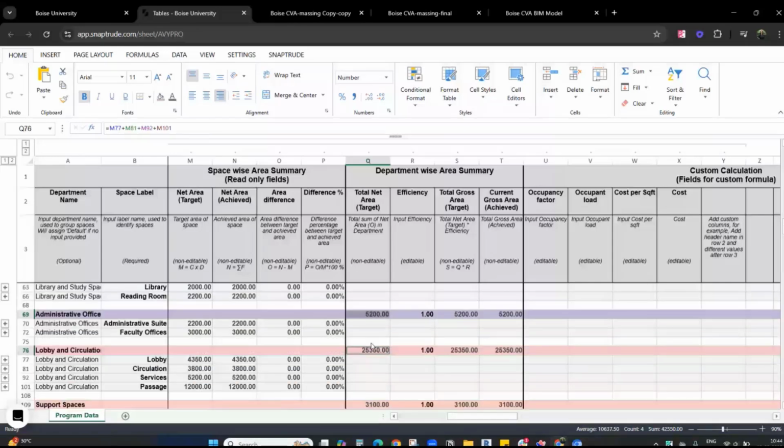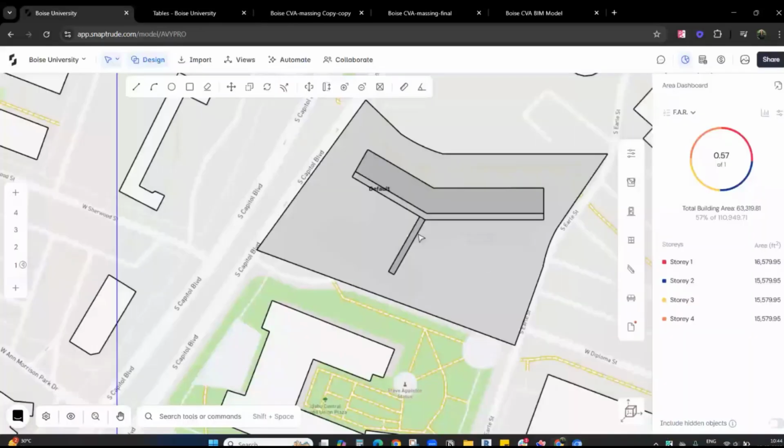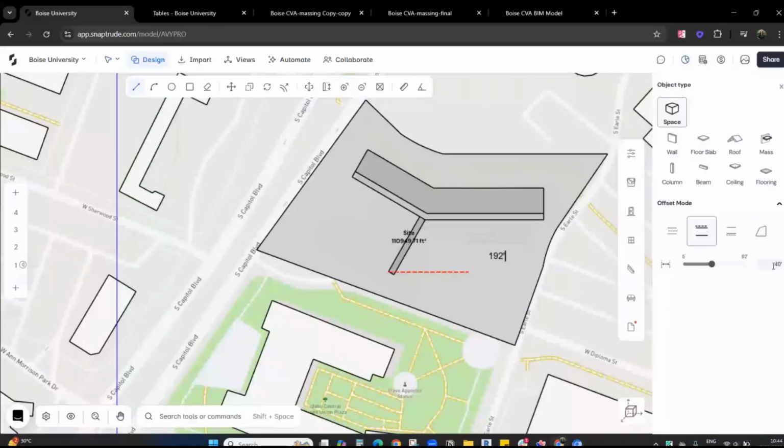So keeping that in mind, we will have 42,000 of our area for our public spaces. As we had mentioned, we will have them laid out around in the south area of the site, which has direct access to our pedestrian street. So what we'll do right now is similarly as we did before, we will have a space created